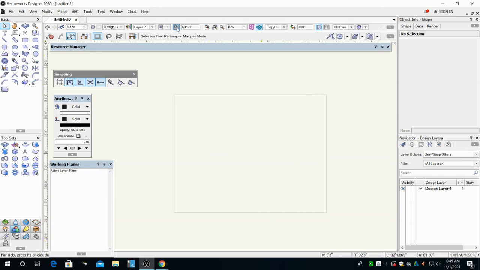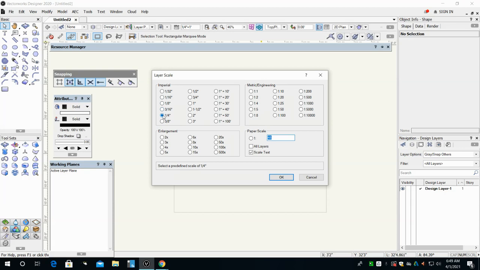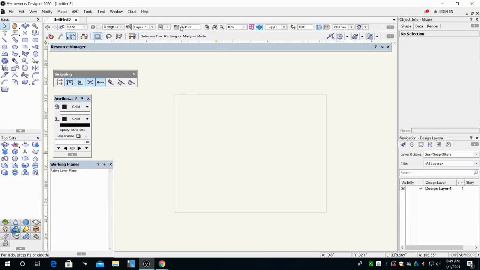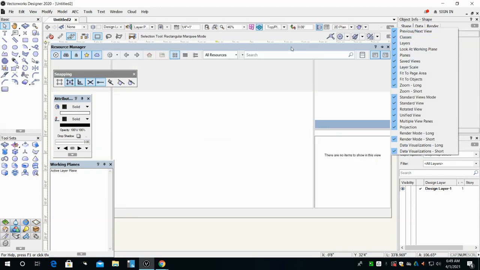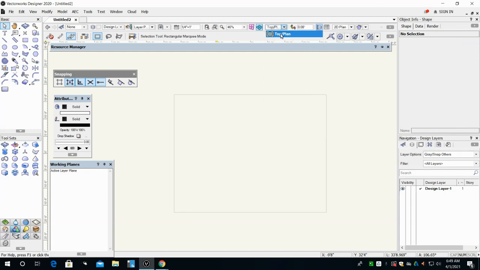The next thing I'm going to do is make sure that I'm in the architectural scale. 1/4 inch equals a foot. It's the same as 1 to 48 because there's 48 quarter inches in 1 foot. So we're going to be scaling our house down to 1/4 of an inch equals a foot so it fits on this paper. Remember, if the layer scale doesn't show up in your view bar up here, we simply hit this arrow at the end of the view bar and make sure that we have a check mark next to layer scale. I'm going to get started in top plan,